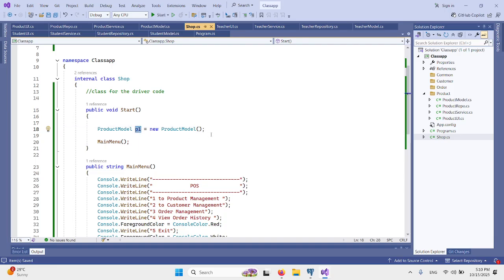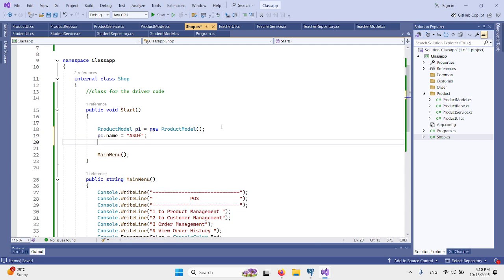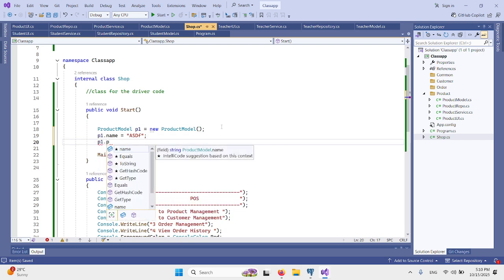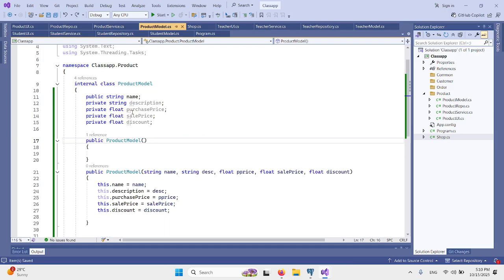Now this is P1, the object of product model. So I can access the name variable here. Why can I access it? Because the name variable is public. But I cannot access the other members. If you see price, it will give me an error. Let's take sale price, for example.